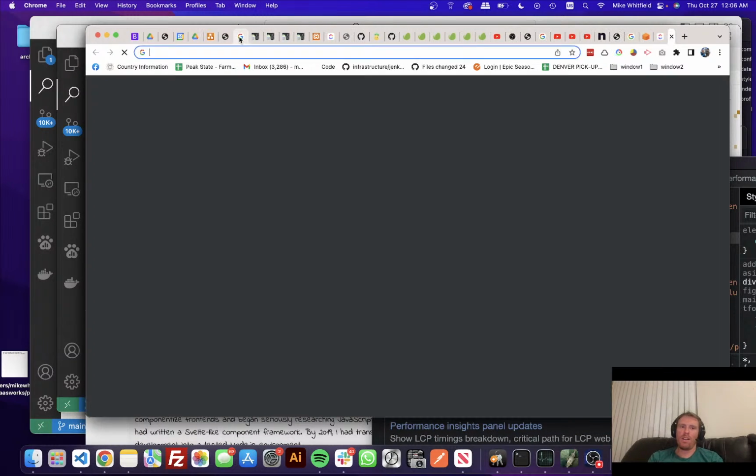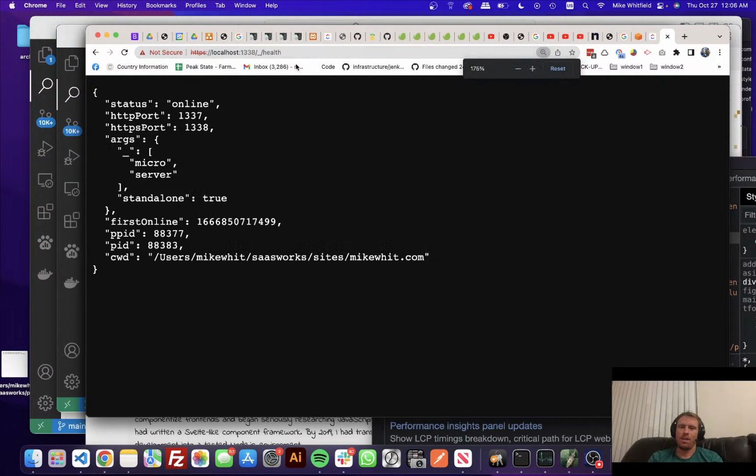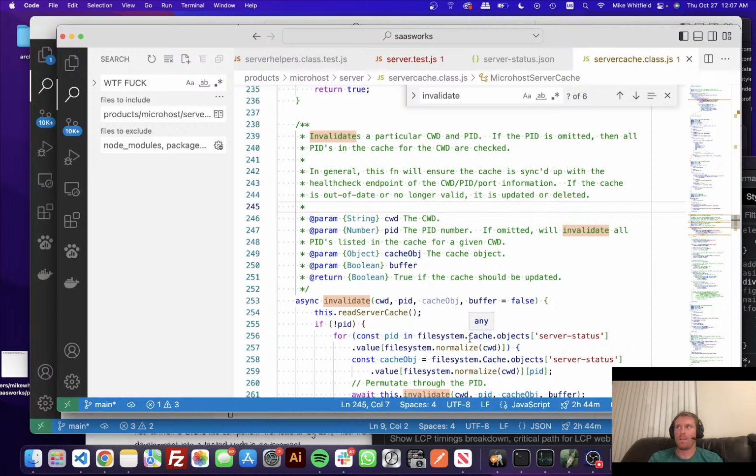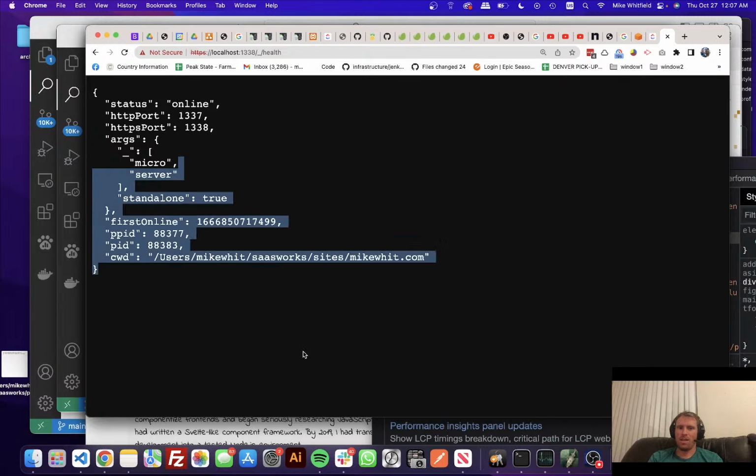This is common DevOps stuff: on that server that was just started is this health check endpoint. My microphone died again. So this health check endpoint basically provides all of the information that should be in the cache, again right here, except here it's stored in memory of the server. So the idea with this particular